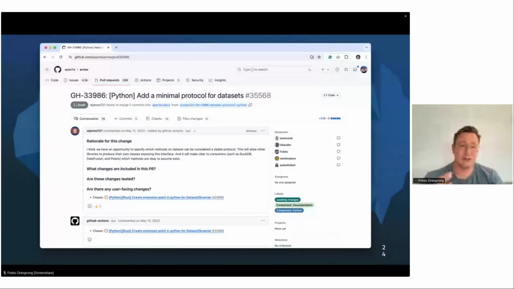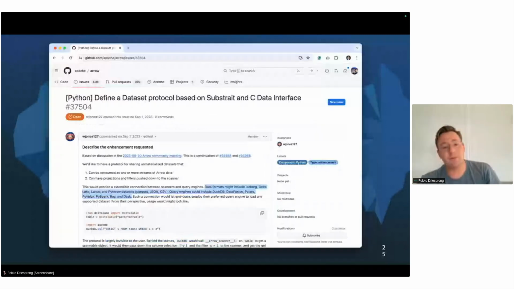This is a bit older proposal of having a minimal protocol for a dataset, and then in PyIceberg we could implement this Python protocol and act as an Arrow dataset, which I think would be very powerful.